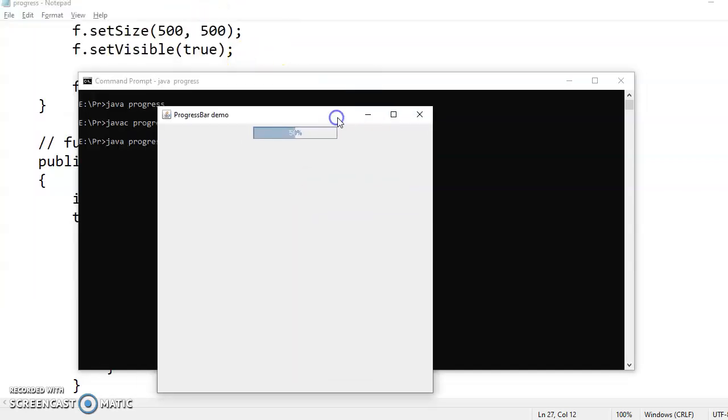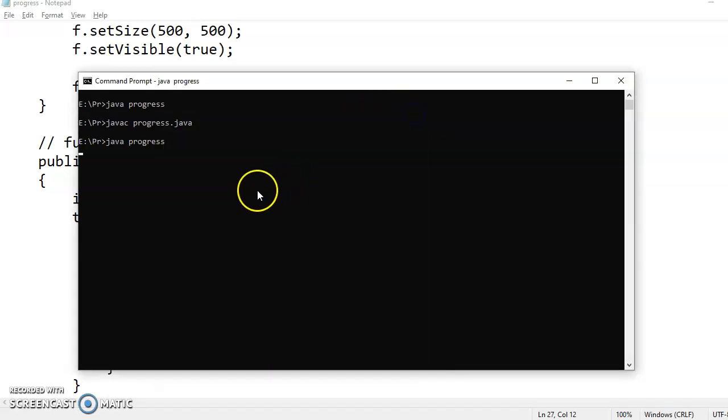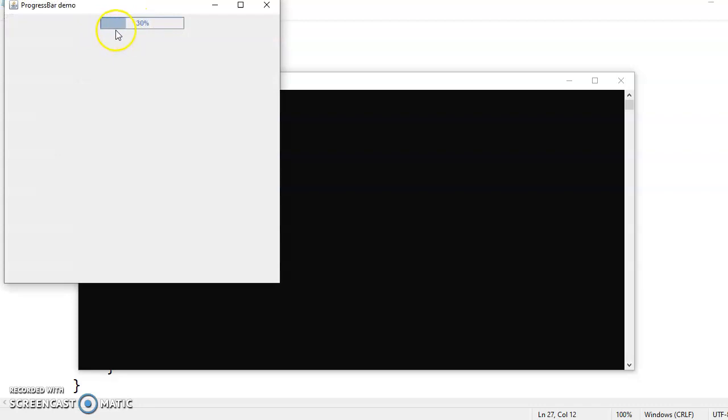Can you see the output? Gradually it is increasing. First 10, I'll again run it so that you can see. See 10, 30, then 50, 70, then 90 and then 100.